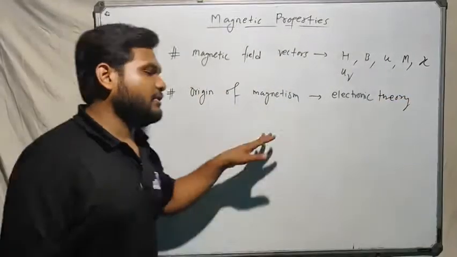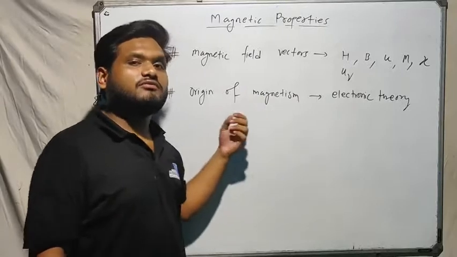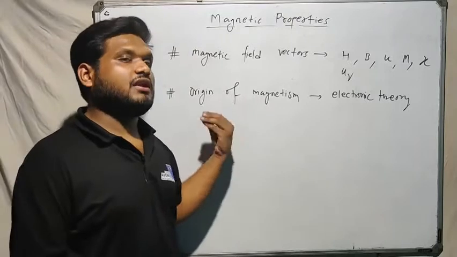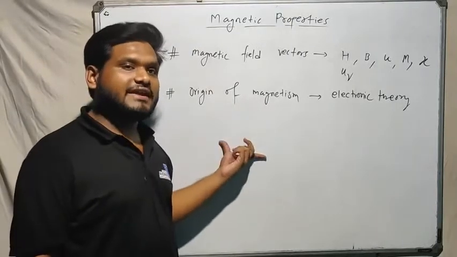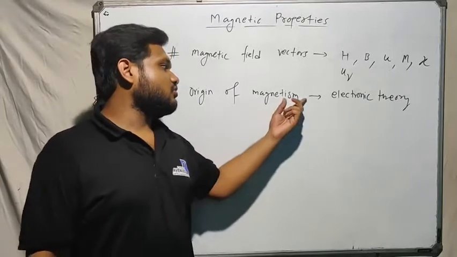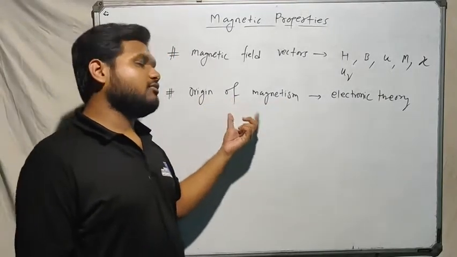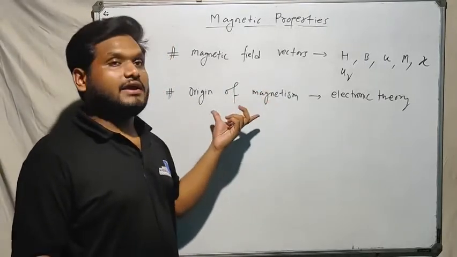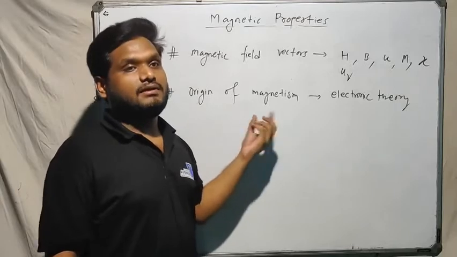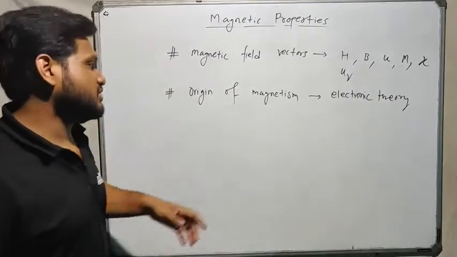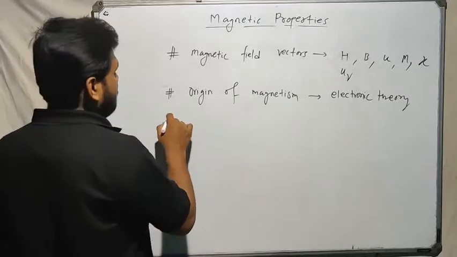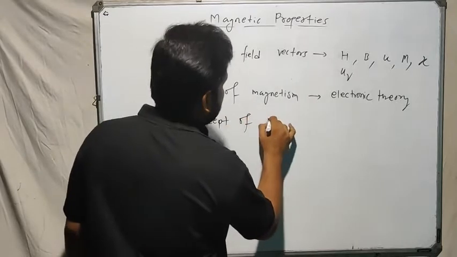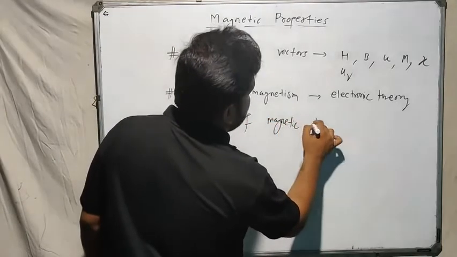Electronic theory means it is based on the way the electronic configuration is, like what is the number of free electrons available for a specific material. For copper, on the last orbital we have two valence electrons, or free electrons. So how many electrons do you have, and what causes the material to behave, when you put it in the magnetic field, whether it will be attracted or repulsed, those things we have to see. The concept of dipole, everything here is based on this magnetic dipole. You have to understand this.